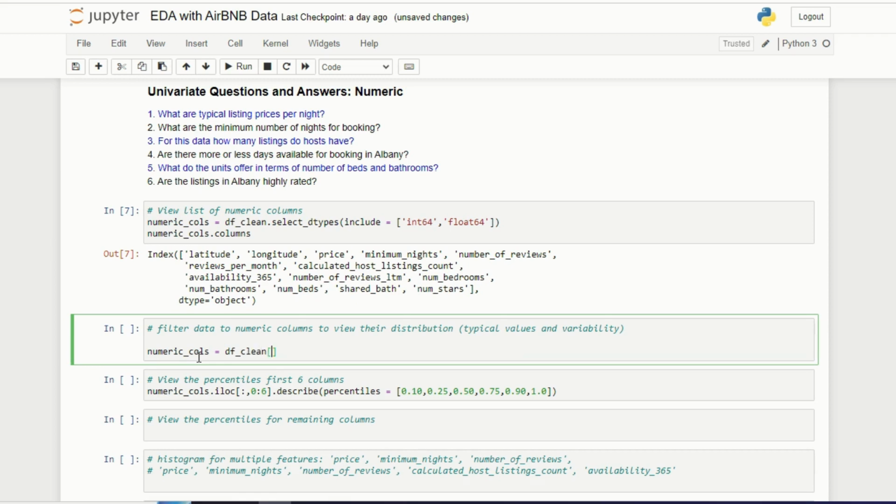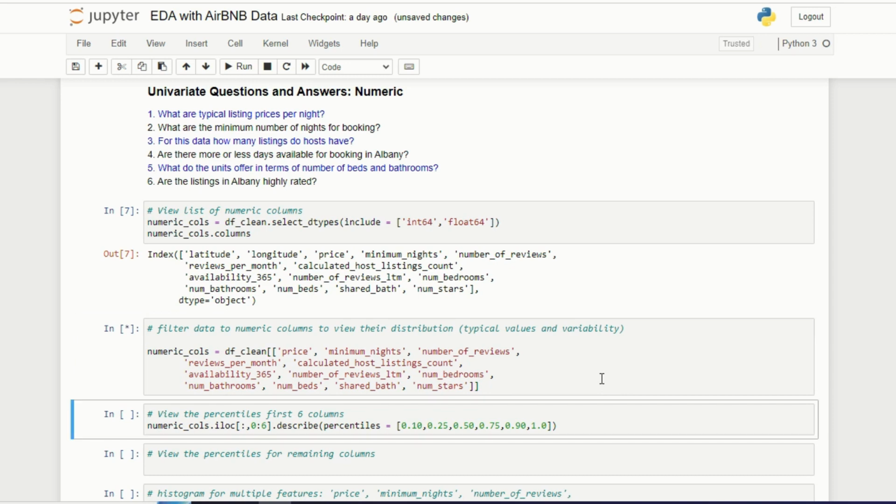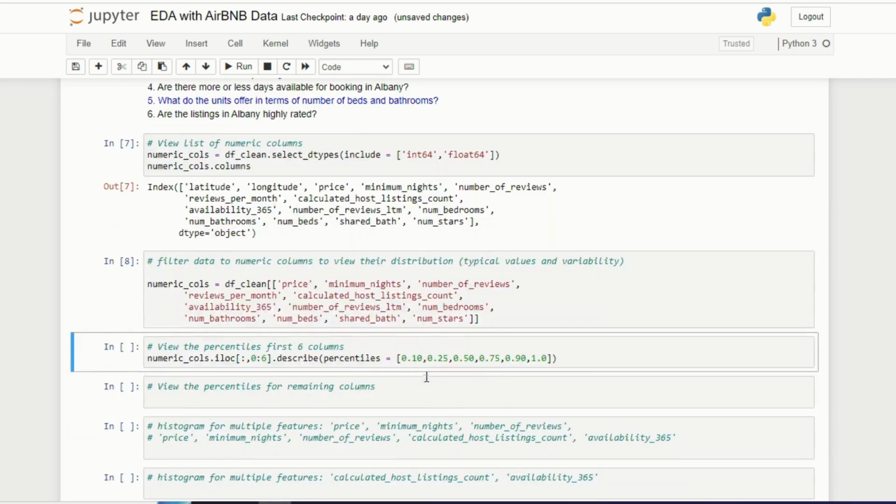We need double brackets here. So we're going to have df_clean, remove latitude and longitude. So now we have our price there in front, and there we go. What I want to do next is to take a look at the percentiles. Before we get to this row here,